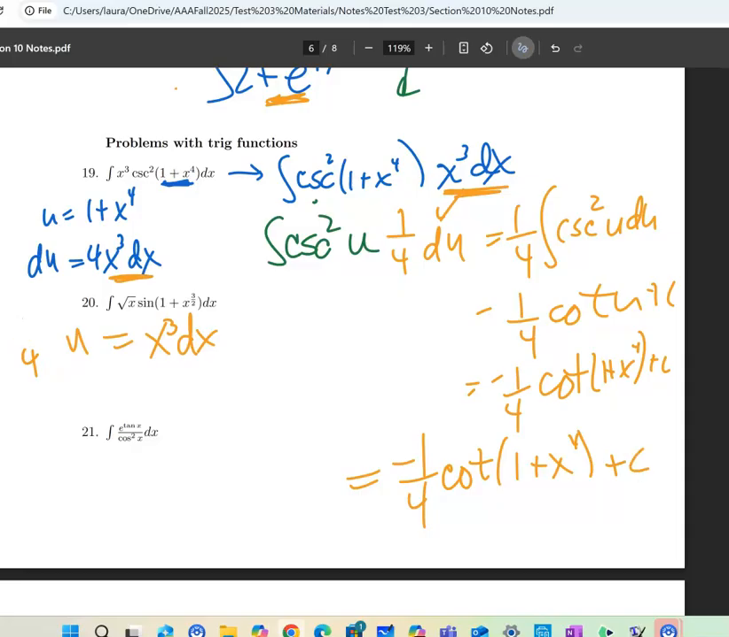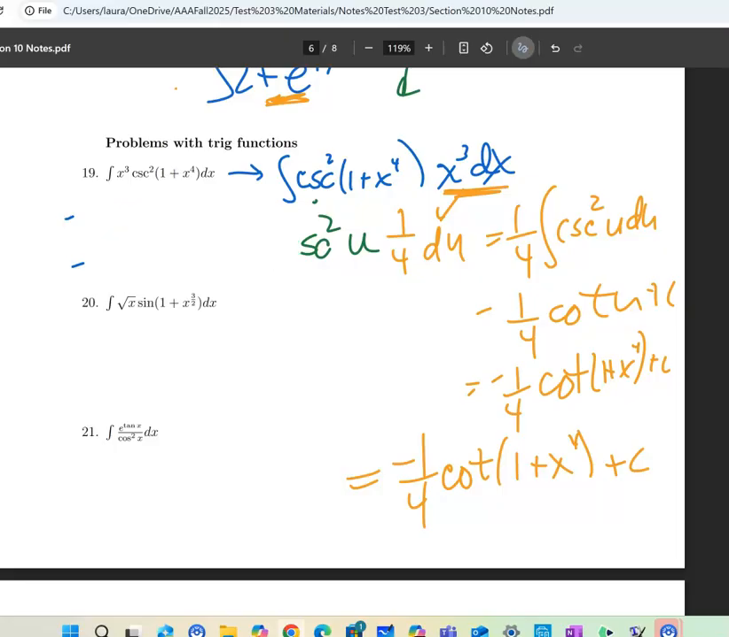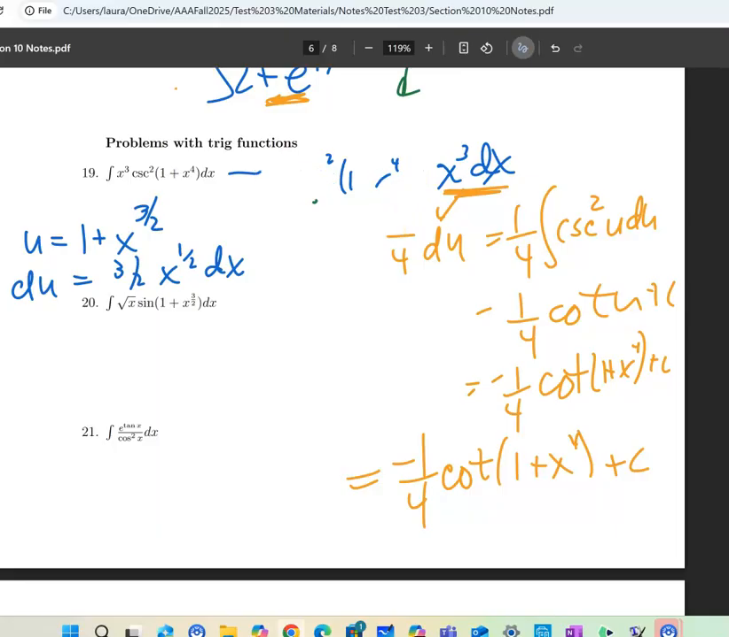Negative 1/4 cotangent of 1 plus x to the 4th plus c. All right, let's try this other one. So if I let u equal the inside function again, so that would be the angle, 1 plus x to the 3/2, then I take the derivative, 3/2 x to the 1/2, and you're starting to get the idea, I think. So I know I could rewrite that,